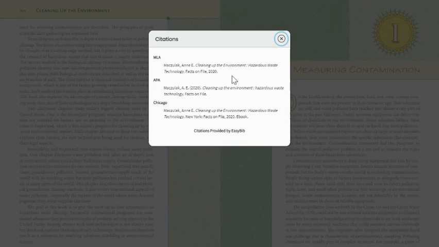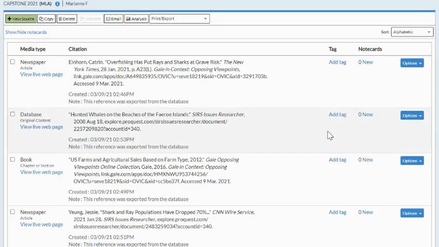Some of the ebooks do talk to Noodle Tools, some do not. So this one doesn't speak to Noodle Tools. You can't just export it easily, but it is still pretty easy. With ones like this, we want MLA because that's what we're using. You're going to copy and paste this citation, okay? I'm going to go back to my Noodle Tools page, and I'm going to click on the green button that